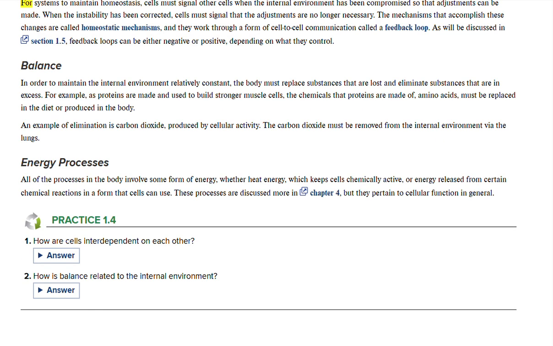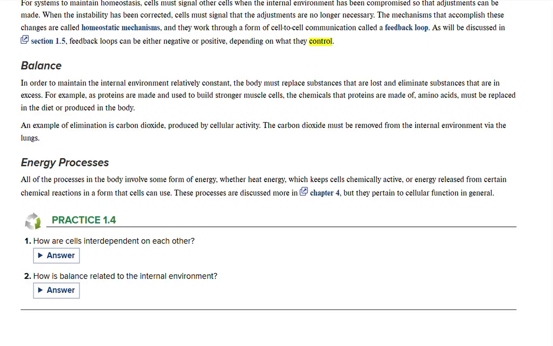Feedback loops. For systems to maintain homeostasis, cells must signal other cells when the internal environment has been compromised so that adjustments can be made. When the instability has been corrected, cells must signal that the adjustments are no longer necessary. The mechanisms that accomplish these changes are called homeostatic mechanisms, and they work through a form of cell-to-cell communication called a feedback loop. As will be discussed in section 1.5, feedback loops can be either negative or positive, depending on